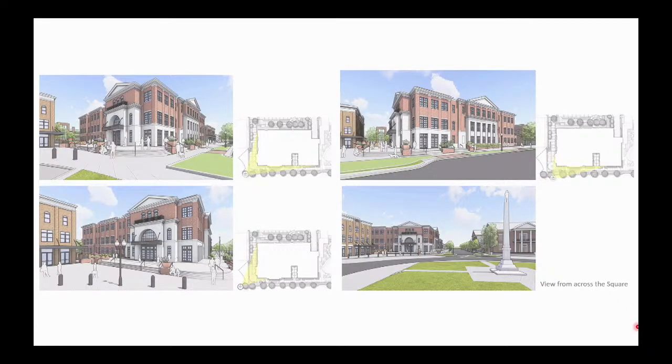So on this slide are updated 3D renderings of the 3-story portion of City Hall from different vantage points on the square and 3rd Avenue. We have provided a key plan for each view so you can better see what portion of the building is being viewed in each rendering. Based on the feedback received in our previous meeting with you, we adjusted the view angles to be predominantly eye level so that you can get a better idea of how the pedestrian experiences the building. On the following slides, we'll be reviewing enlarged views of each rendering and give an overview of the changes made in response to your feedback in the last meeting.